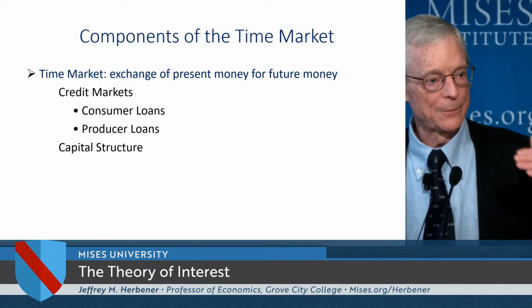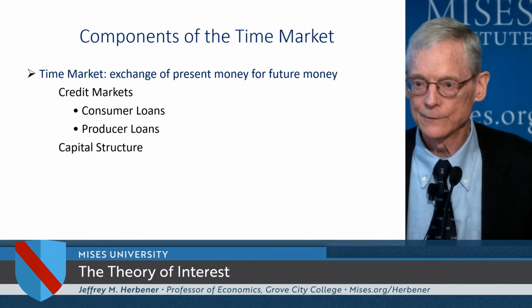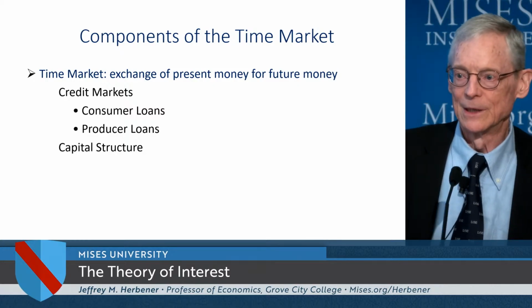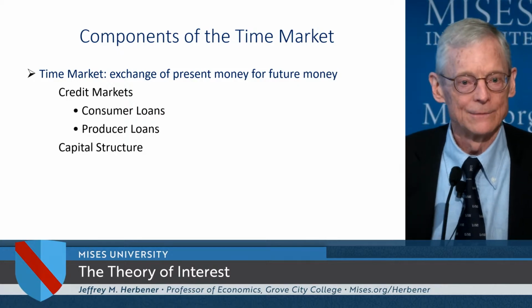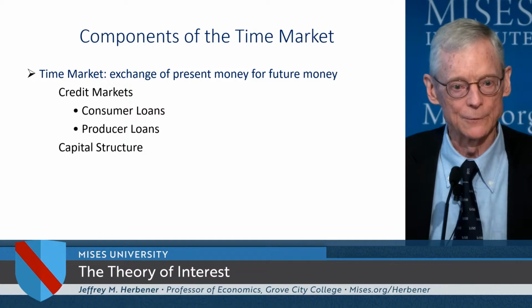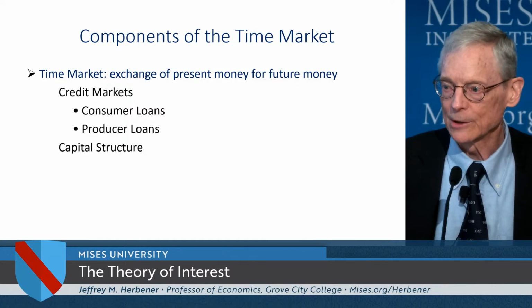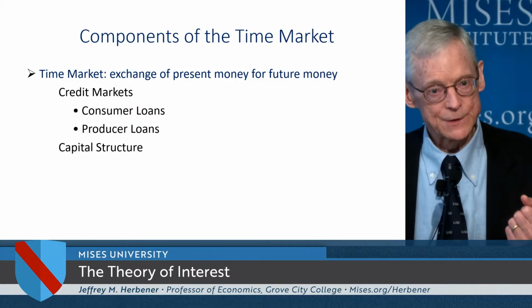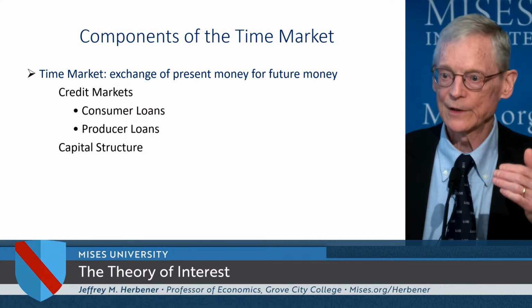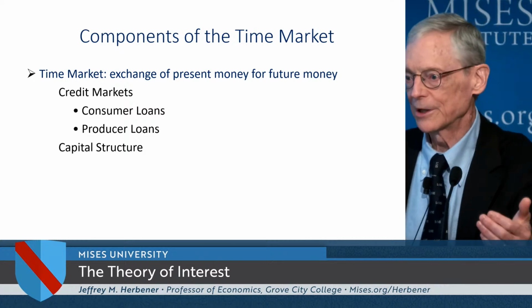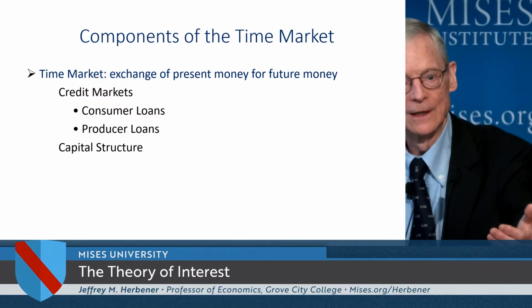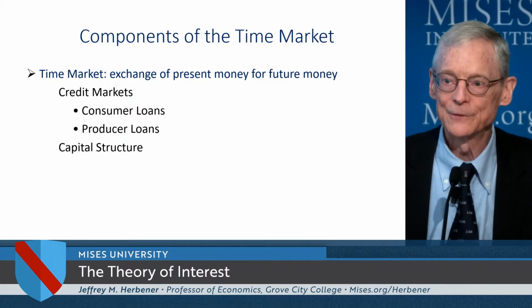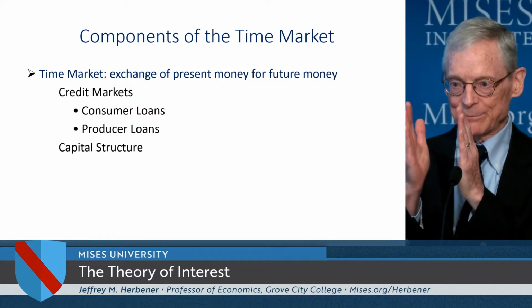And then Rothbard subdivides the time market into credit markets, which we've talked about already, right? We can go down to the bank, take it out. My son and his wife went down 3 or 4 years ago and took out a mortgage and bought a house in Grove City. So they're credit markets that provide consumer loans. And you can see, again, the advantage to them. They could have waited longer periods of time, saved up over time. They could have extended the period of production to buy the house through their own personal saving and come up with the entire fund. Or they can just find somebody who will lend them the money. And if they can find somebody to lend them the money, then they shrink that period of production.